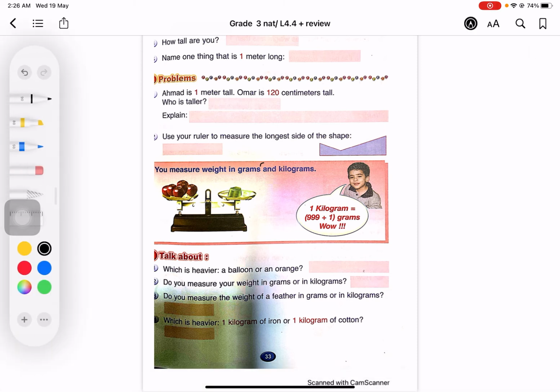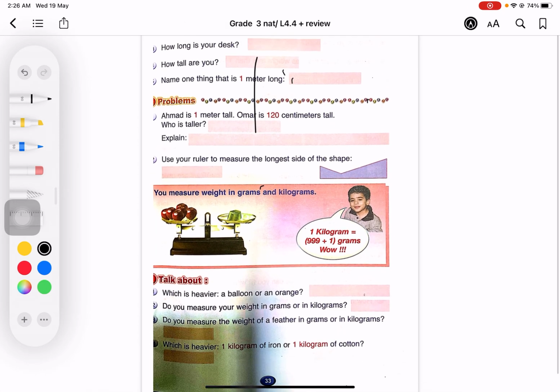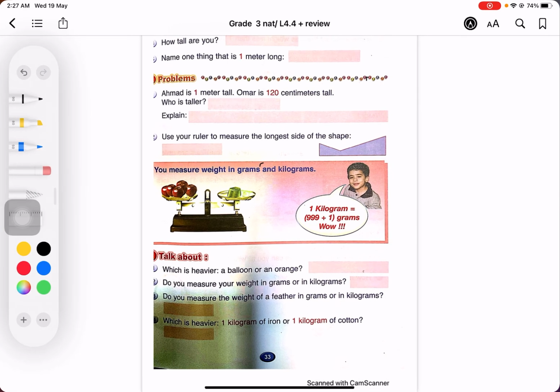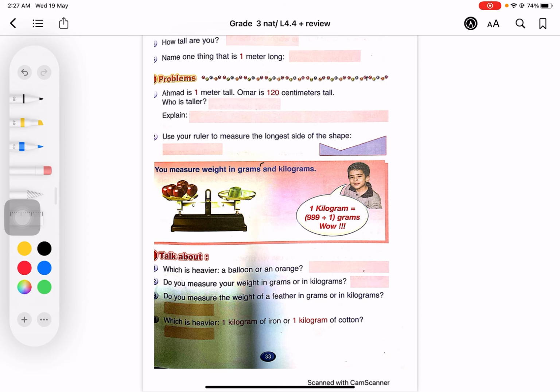Okay. Here, how long is your desk? For example, it will be 64. Then, how long is your desk? For example, I will write here 60 or 64, but your unit will be centimeters. Your unit will be centimeters. So you are going to write here